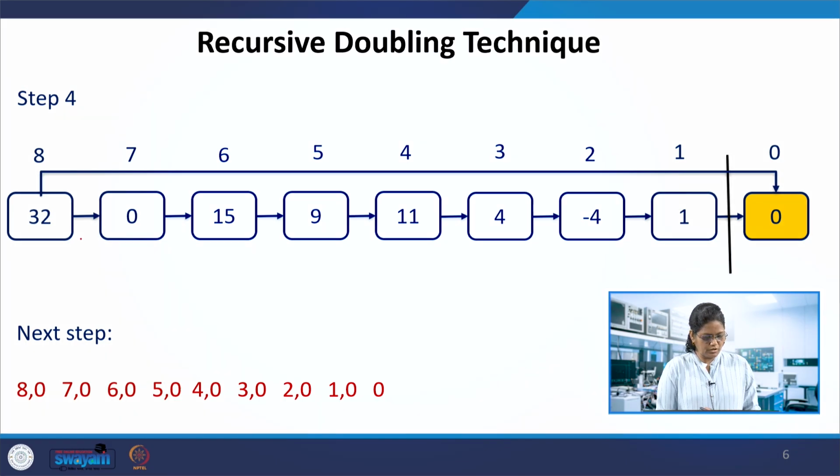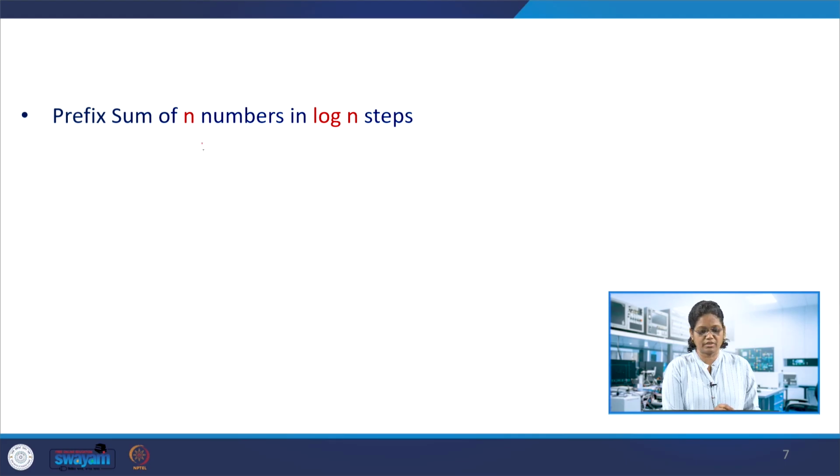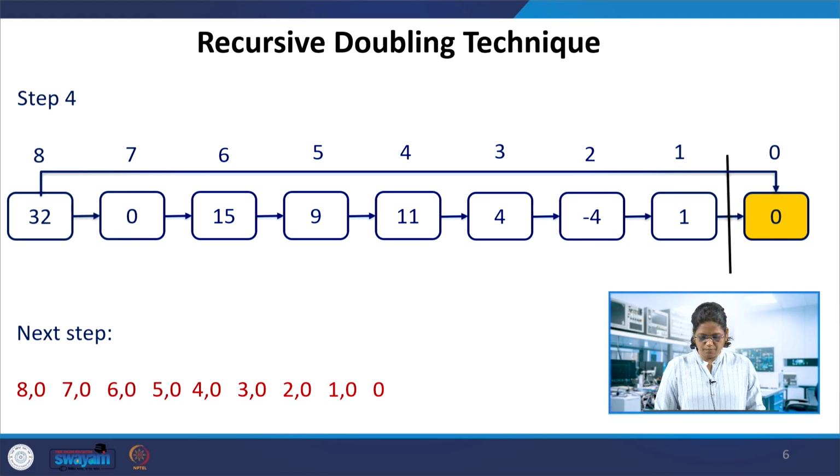Okay, the initial step is, suppose, 0. So if you have n numbers, that is prefix of n numbers, the summation can be obtained with log n steps. So the steps we have used: in the first one, consecutive numbers, and then skip one data in between, and skip 3 in between, and then 7 data are skipped, and the first one and the 8th one are added, and so on. So here is the one which we have. So 7 skipped and then 0. So this is the 32. So the sum is 32.